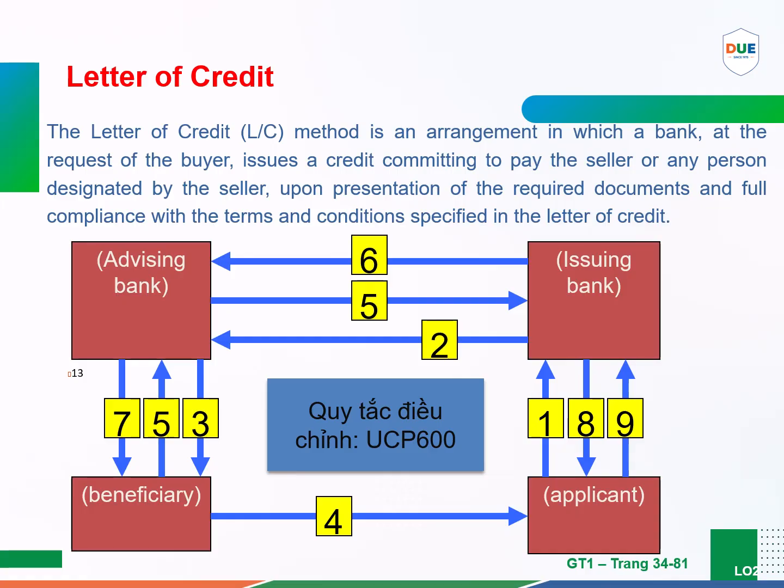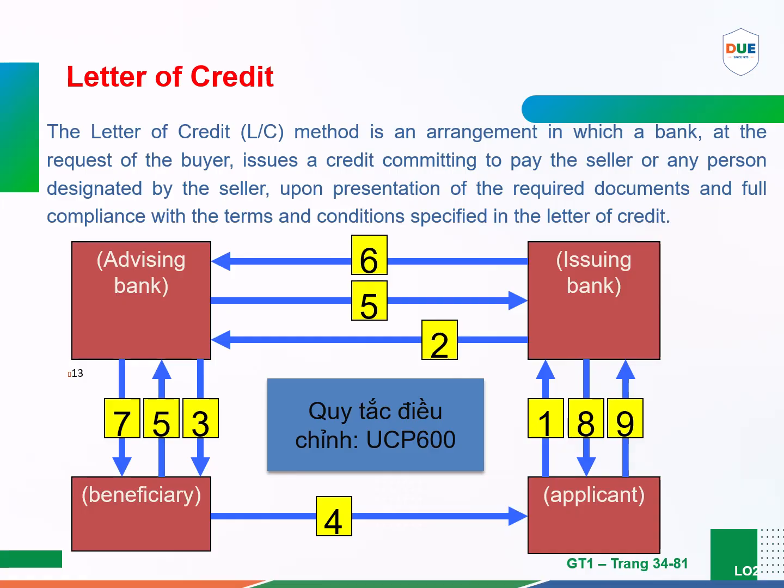The payment process begins when the importer requests the issuing bank to open a letter of credit. The importer must submit an application and often provide collateral or financial guarantees as required by the bank. Once the issuing bank agrees to open the letter of credit, it issues it with specific terms such as the payment amount, validity period, type of goods, and required documents, then sends it to the advising bank in the